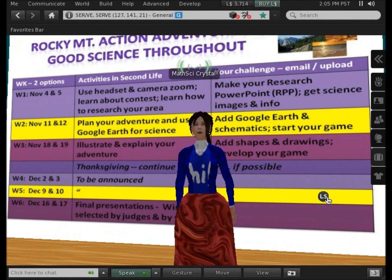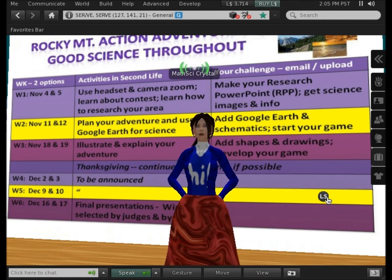The students had weekly tasks, as you can see in the big menu behind me. We would meet in virtual spaces. They would also get an email direction for the next week, and they had a website with information that grew